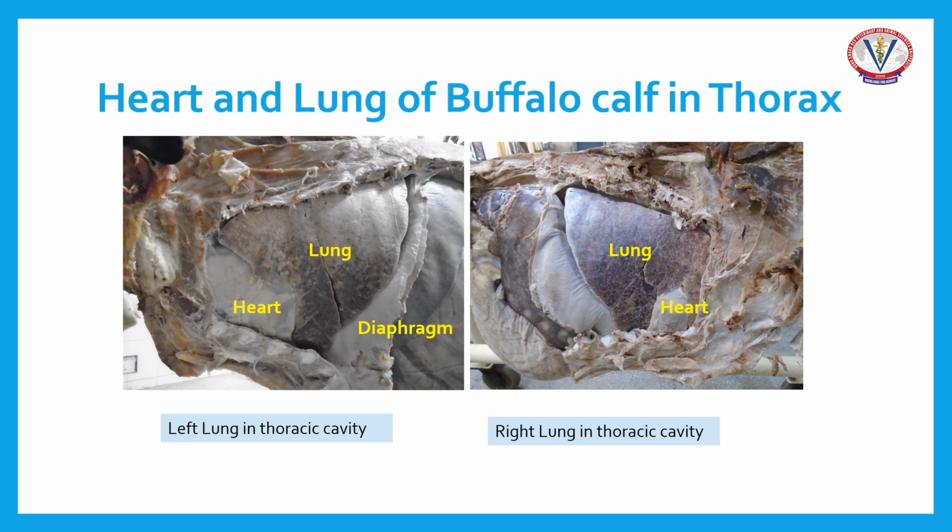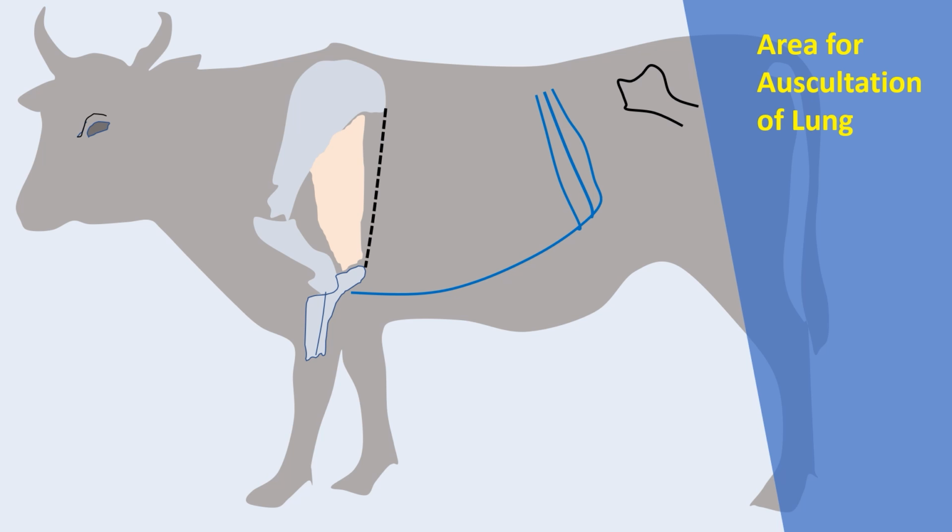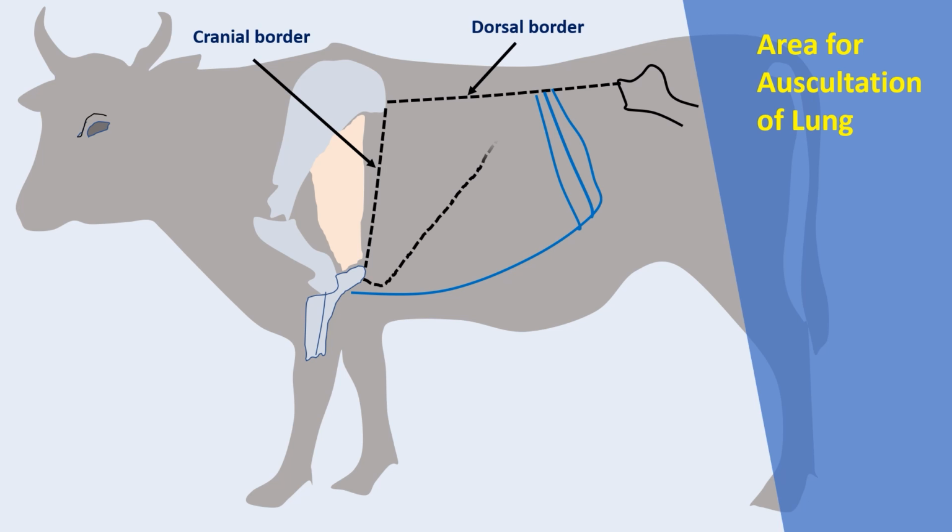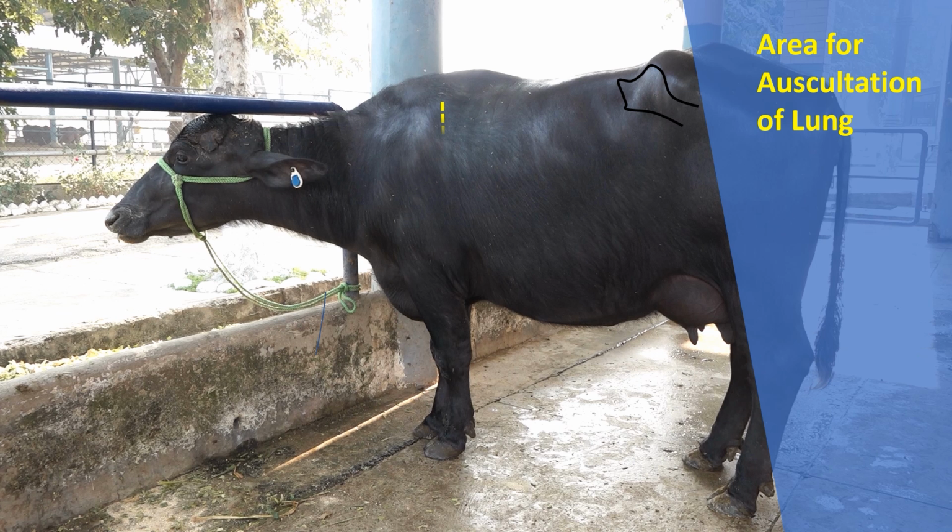The cranial border is formed by the caudal border of the triceps from the caudal angle of the scapula to the olecranon. The dorsal border lies on the line which extends from the caudal angle of the scapula to the tuber coxae. The ventral border in the case of buffaloes and cows: